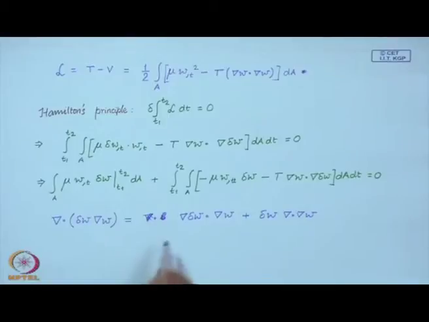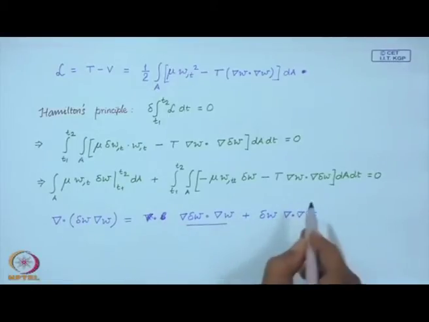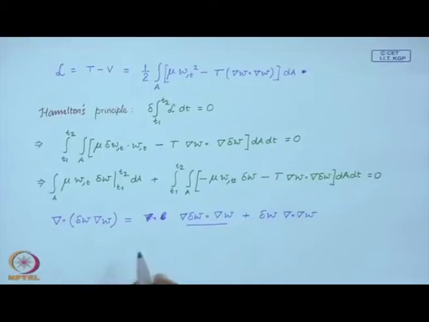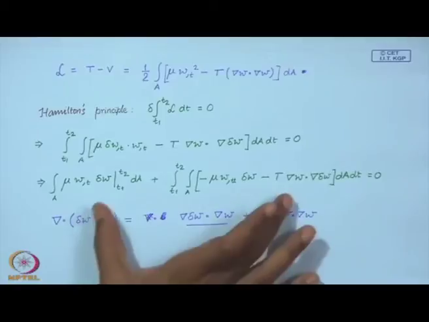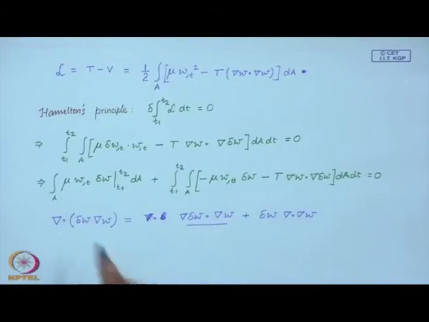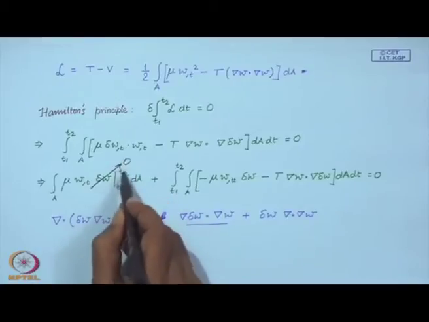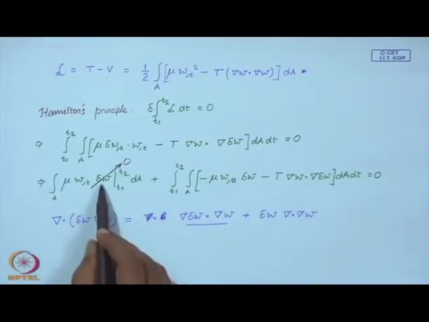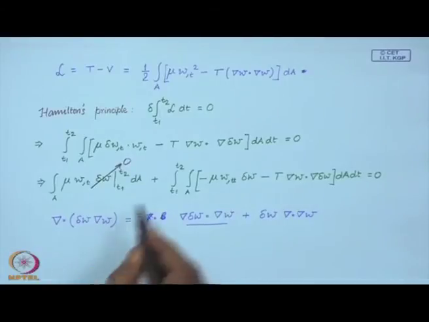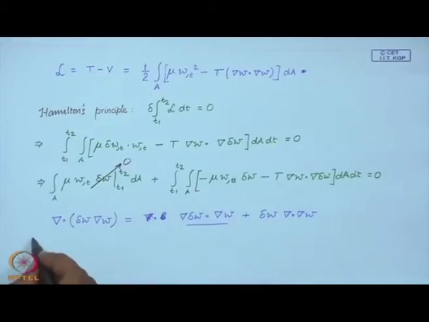Now, therefore, I can use this here to rewrite this left hand side. Now, this term goes to 0 because at t 1 and t 2 there cannot be any variation. So, what I am then left with is